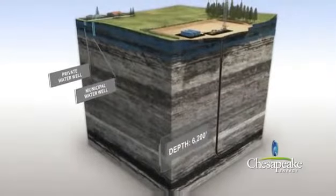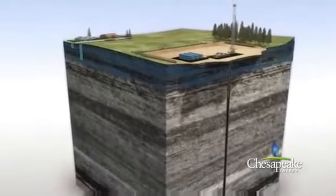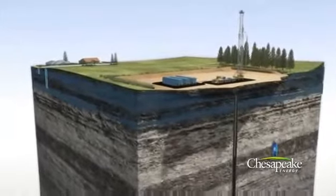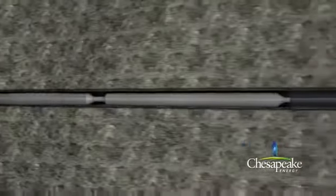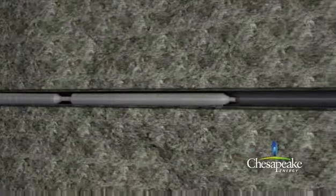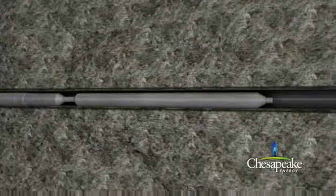In order to maximize the production potential of the well, the shale formation will be hydraulically fractured. In preparation for the fracturing process, the casing will be perforated in the horizontal portion of the well using tubing-conveyed perforating guns containing explosive charges. The perforated intervals are spaced approximately 50 to 80 feet apart and create a connection between the production casing and